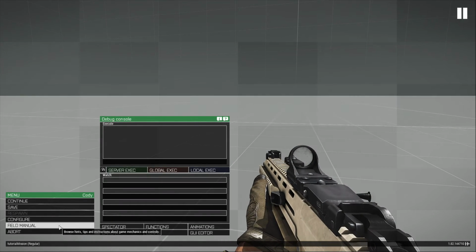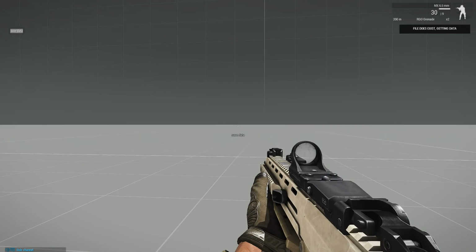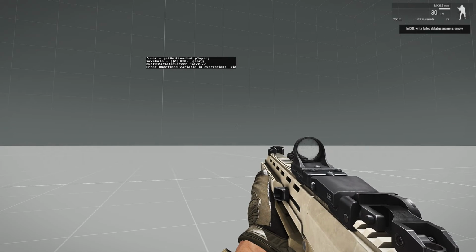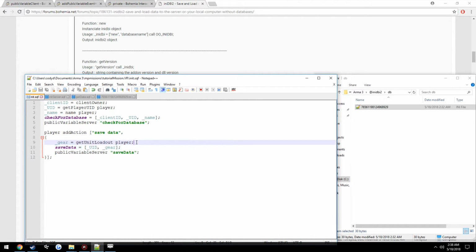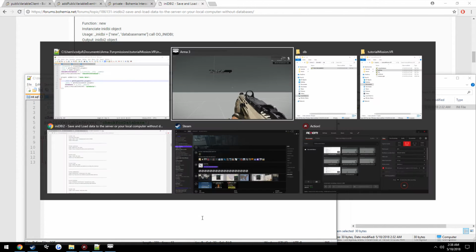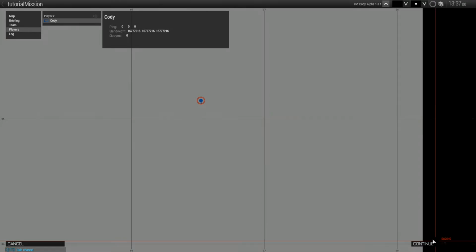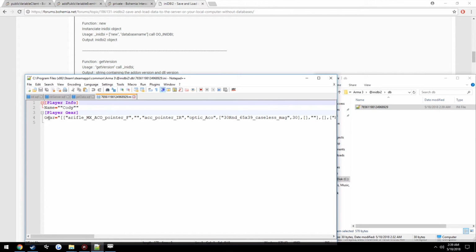Now we have to restart it since we cannot reload that file. Save data. Seriously? Oh, that's right. There. Go ahead and save it. Now this file looks like this. We have player gear, we have a gear section, and we have our entire loadout,